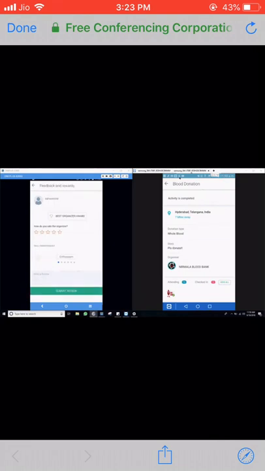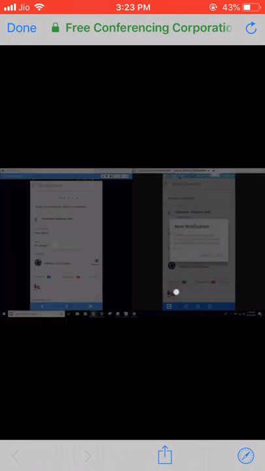So the review button is pressed. The participant can give an award to the organizer, which is the Best Organizer Award. Initially, it is disabled, but upon selecting, it is enabled. You can give either a 3-star or a 4-star rating to the organizer as well. For now, let's say the organizer gets a 5-star and endorse him with skills as well. So let's say he was enthusiastic, he was cooperative and respectful. The participant submits this review and